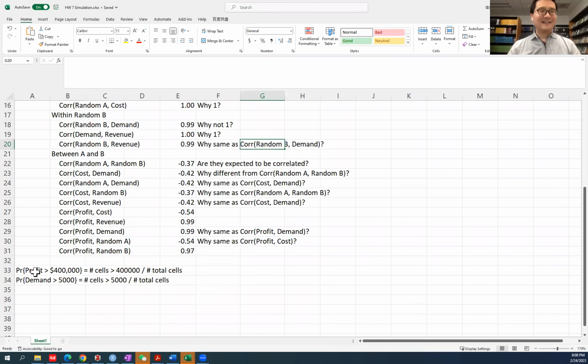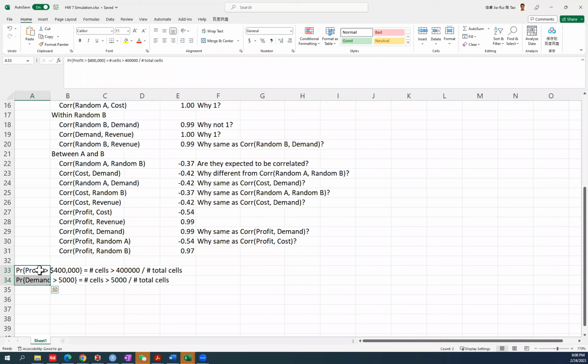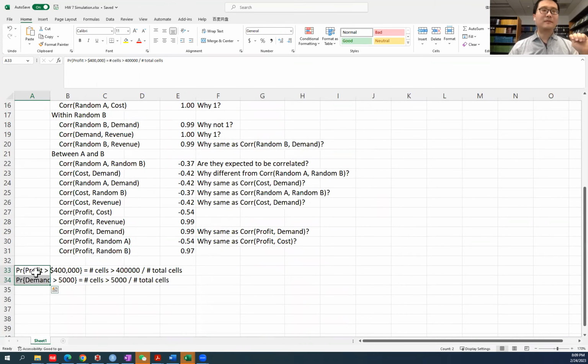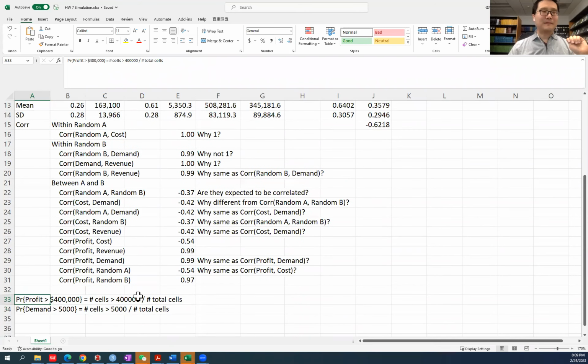Oh, well, one last piece of information that I almost forgot. In some previous homework and exam questions, I see that there are questions regarding probability. To do that, given a simulation case, it will be simplified into counting the number of cells. For example, if I, as an investor of this company, ask the manager of operation what's the probability of getting a profit larger than